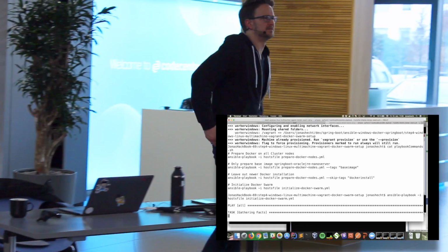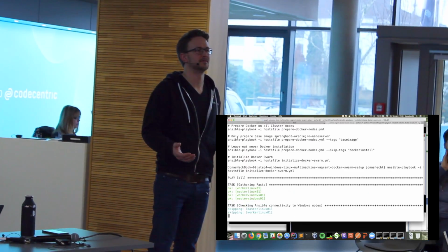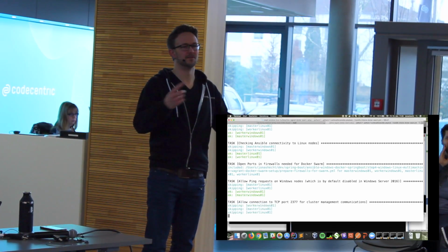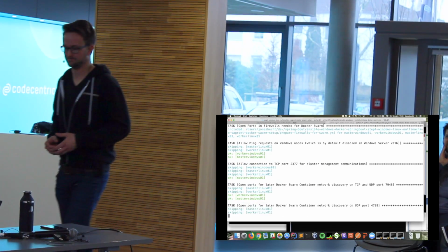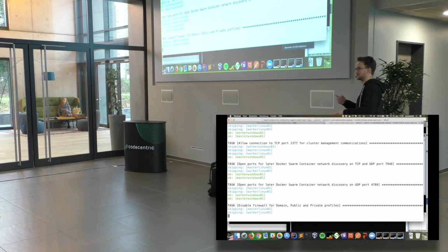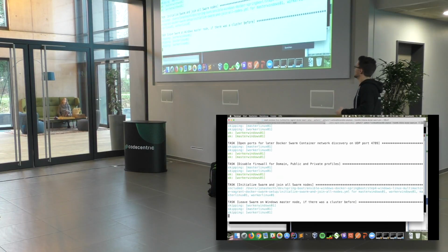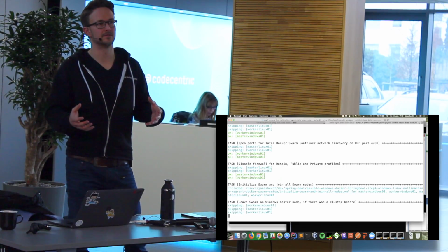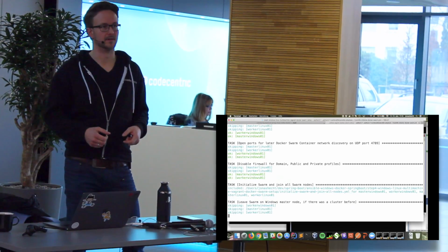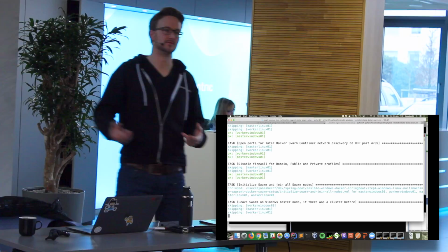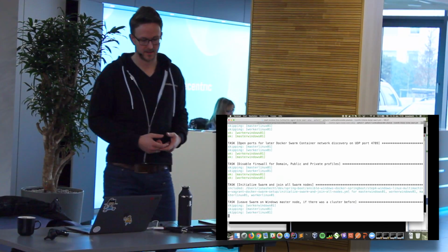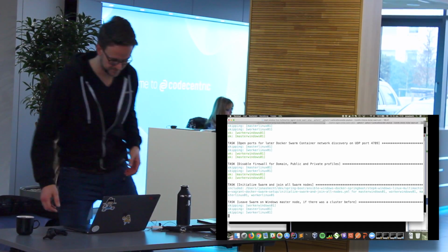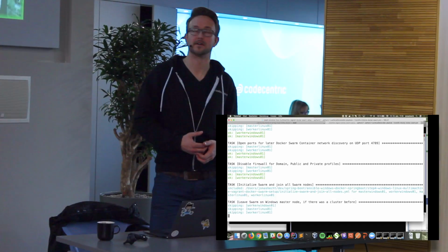Who has played around or who is using Docker Swarm in production? It's the better question. Okay, who has played around with Docker Swarm? Right, you know this thing where you have to exchange all the tokens. You have to initialize a swarm on a manager node and then get the join tokens from it, and then use these join tokens on the other nodes to join the swarm. And that has to be done with Ansible.